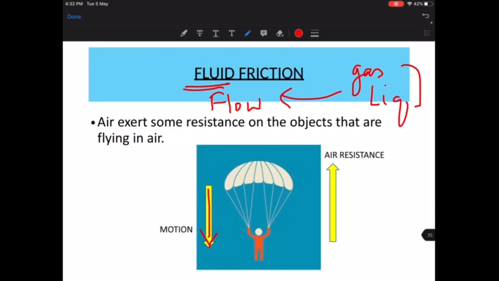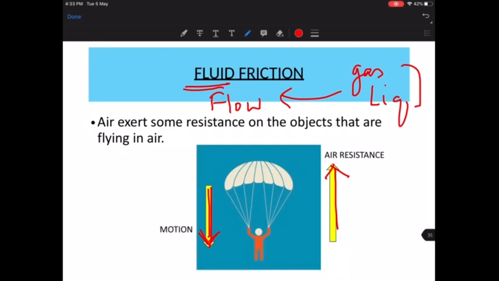Okay. So here, I'm just adding something to what you have already written in the chat. How is the para jumper coming down? The para jumper is coming down like this. So this is the motion, downward motion. So where is the resistance going to act? The resistance will be acting in the upward direction. Fine. So what is this resistance? It's only air. The medium is only air.